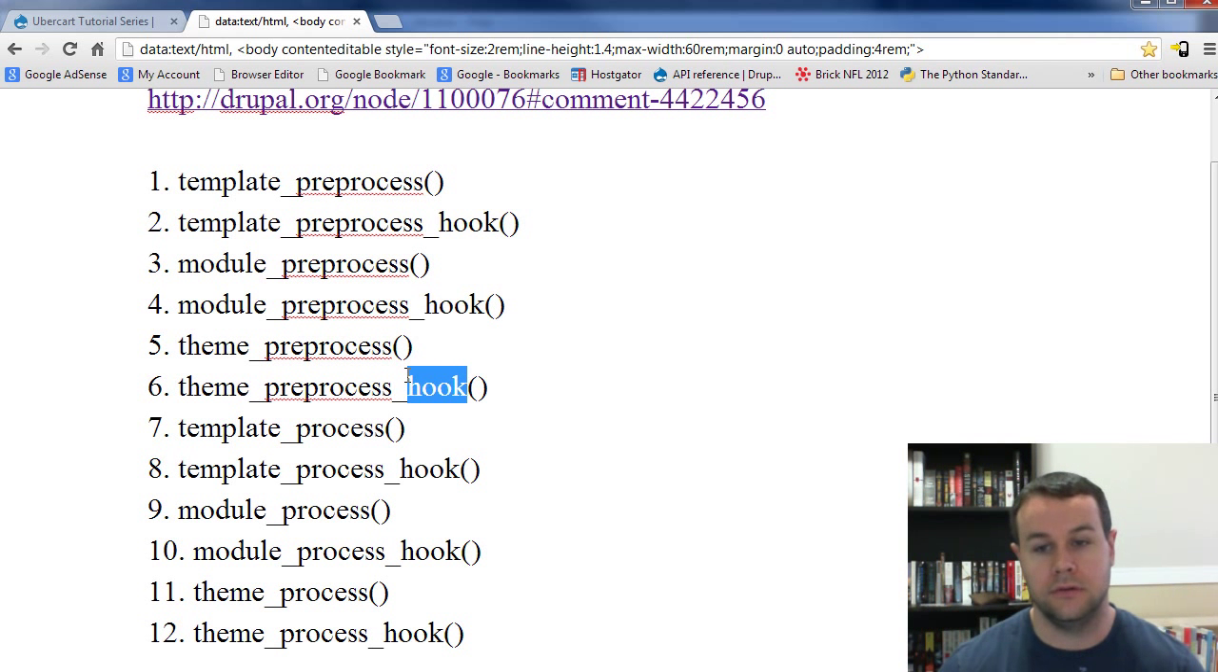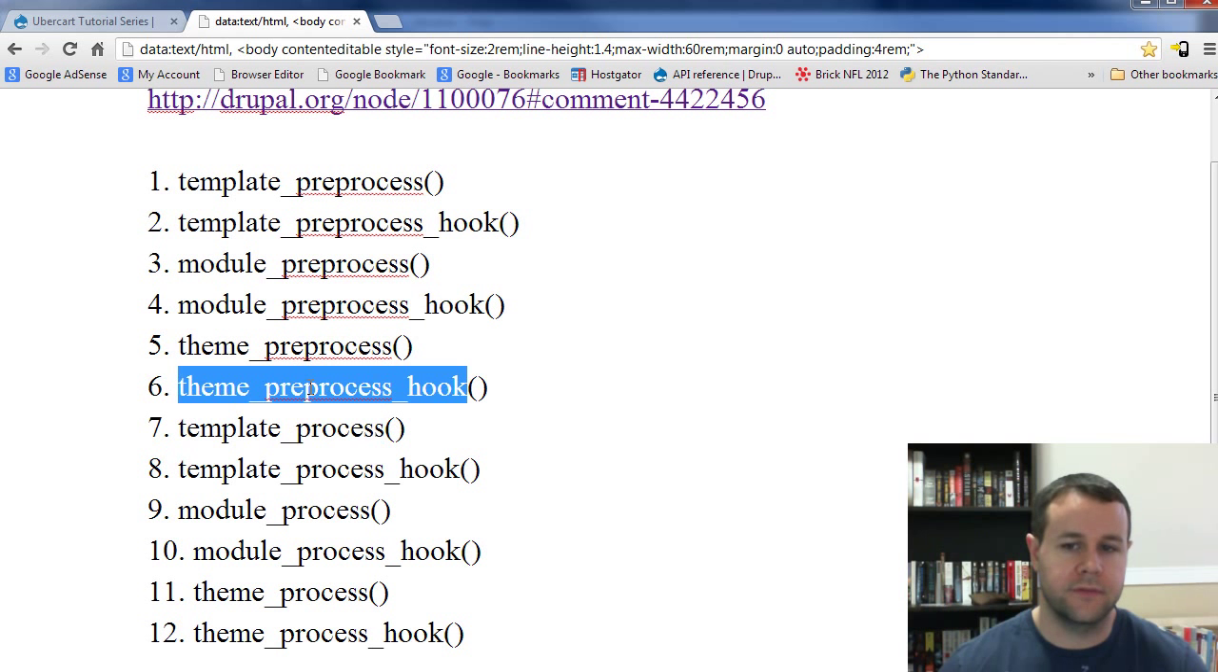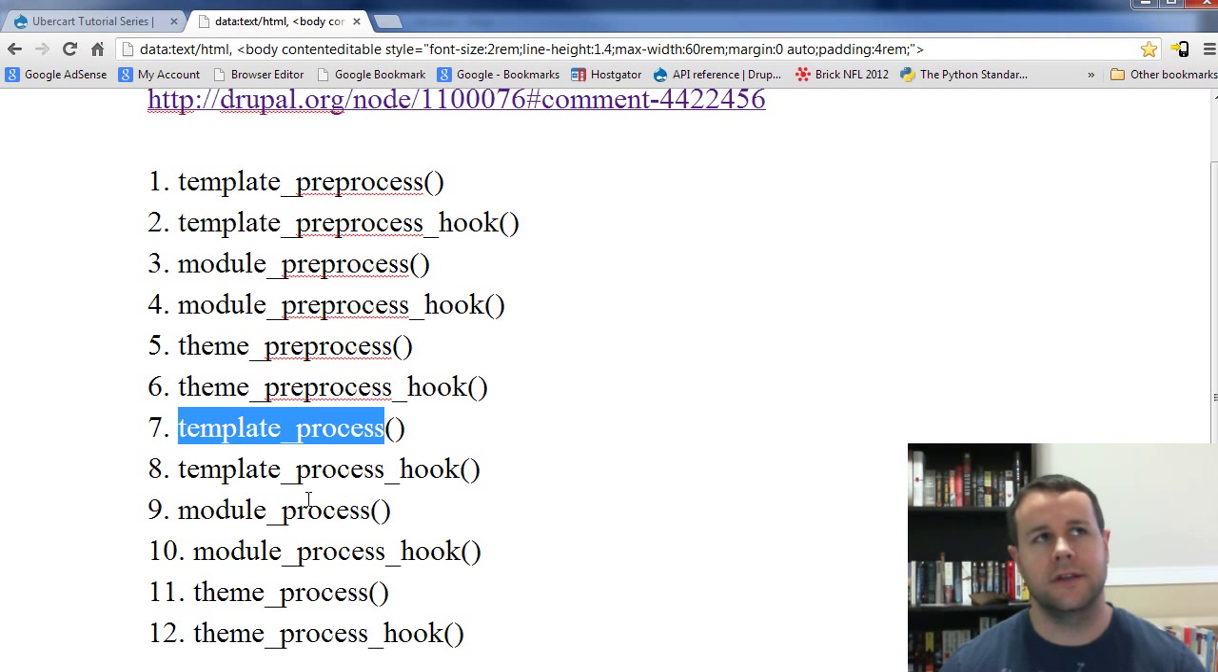So we'll be looking at node, we'll be pre-processing node. These last 6 calls on process are different from pre-process. Essentially what these are is a last chance for you to alter the themable output, right? And what I mean by that is in Drupal 6, there used to be the problem where your CSS would